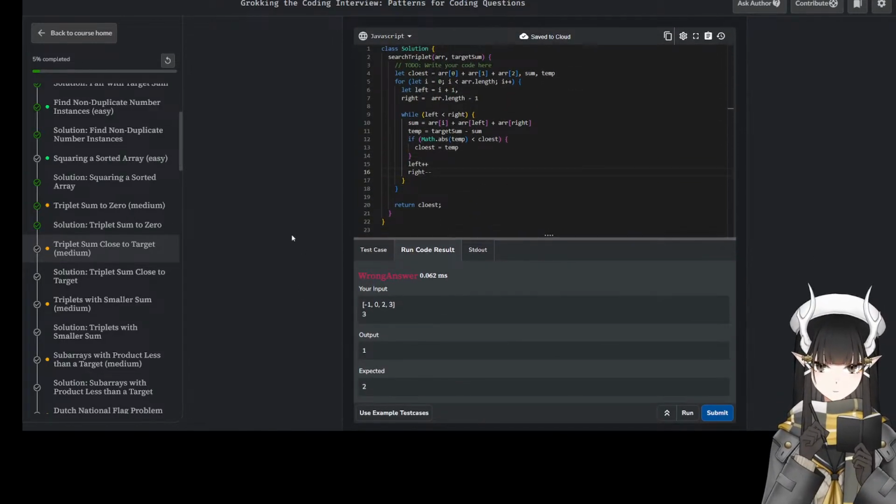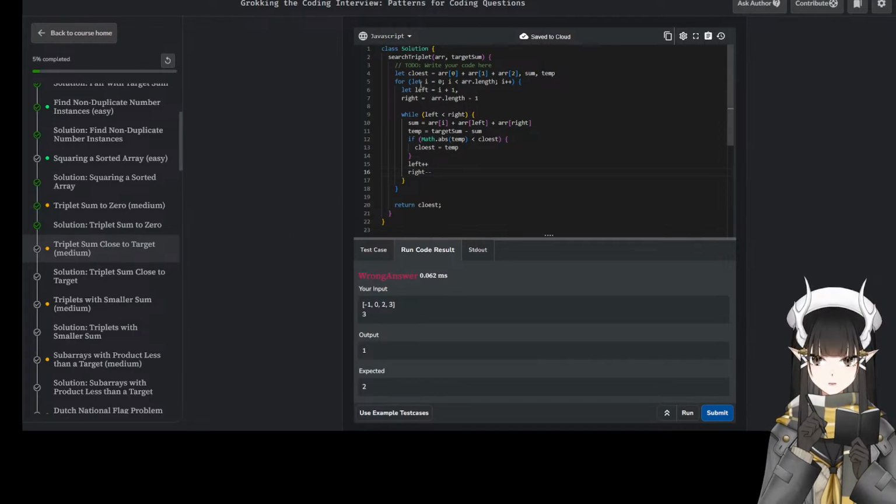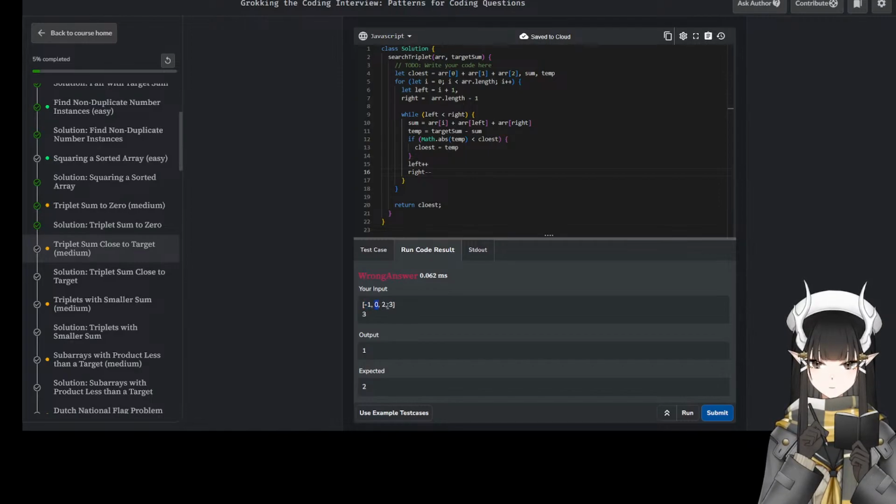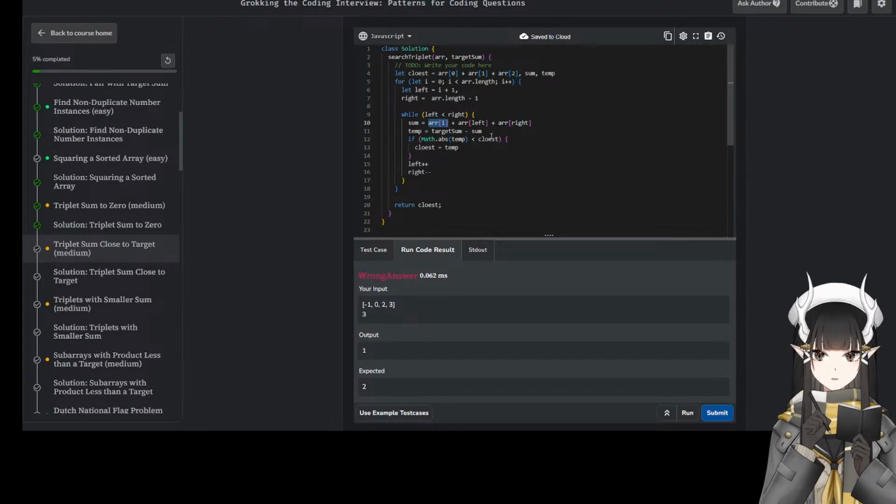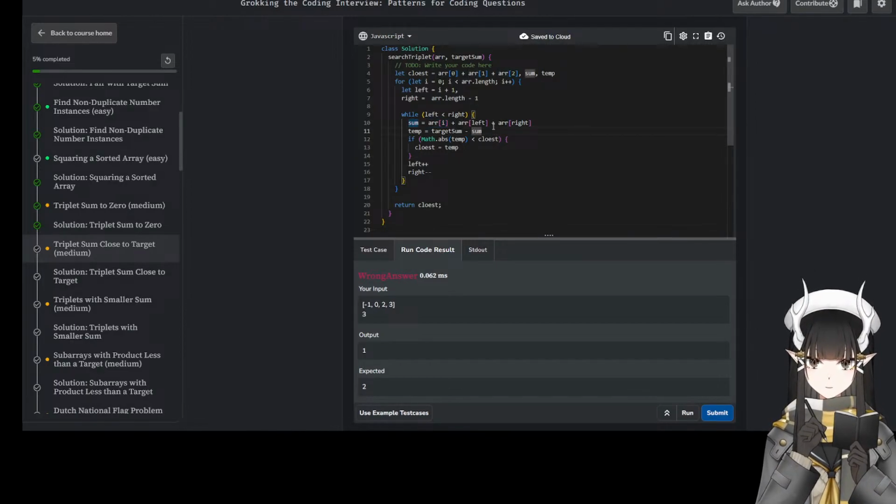Okay. So let's see. Negative 1, 0, and 3. The first iteration of the negative 1, 0, and 3. Well, left is less than right. So negative 1 plus 0 plus 3 is 2.